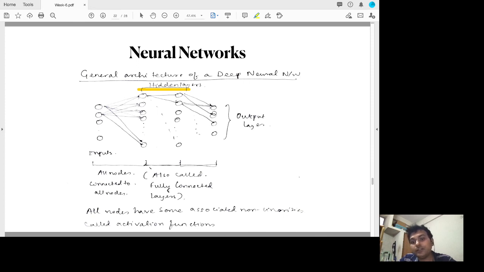Sigmoid may sometimes be used in the output of neural networks, but only when it is a binary classification problem. Even in a binary classification problem, you may not use sigmoid. You can use two nodes at the output and assign one node to 1 and the other node to 0. A single node will also do,